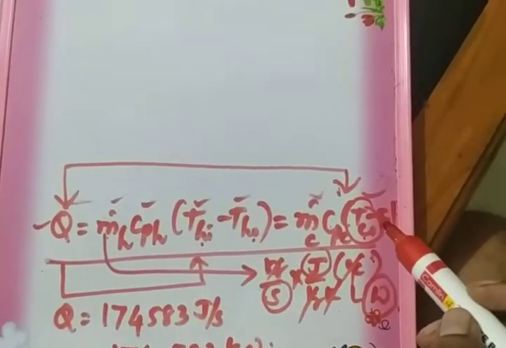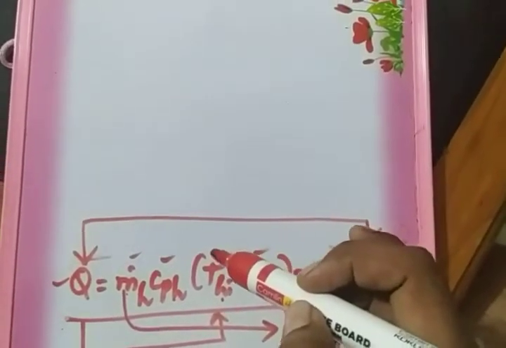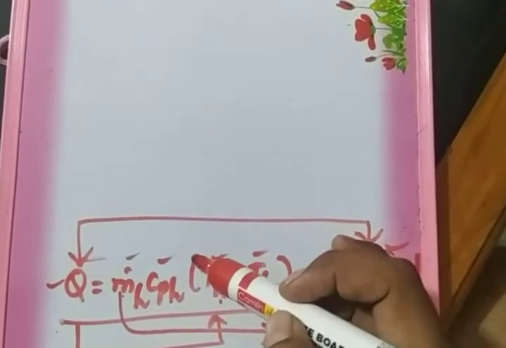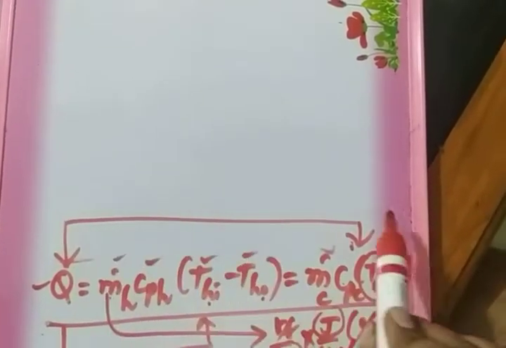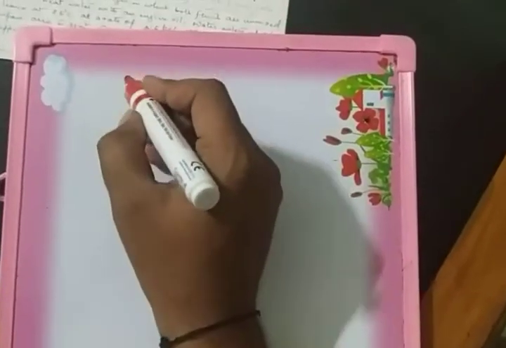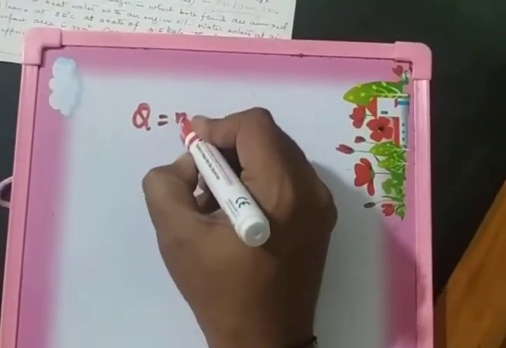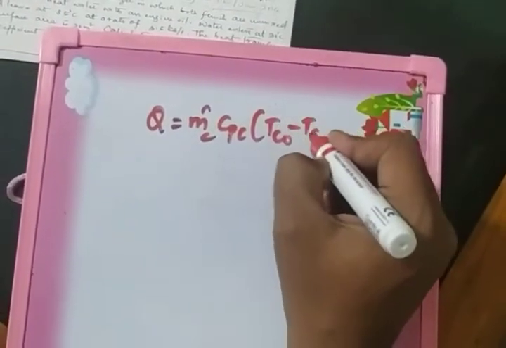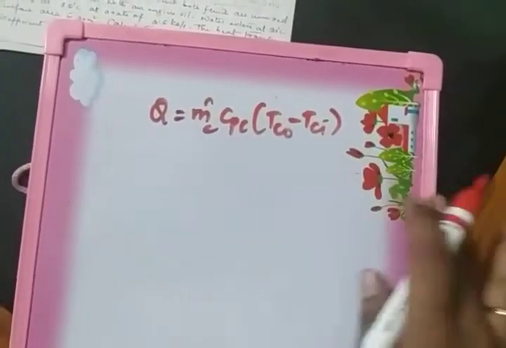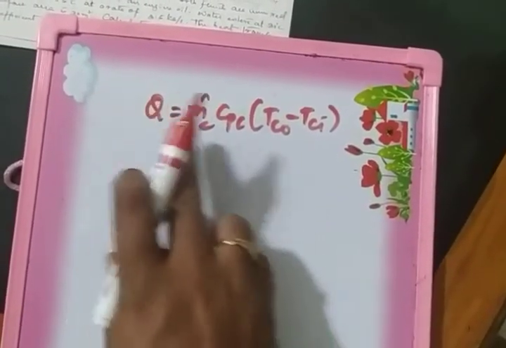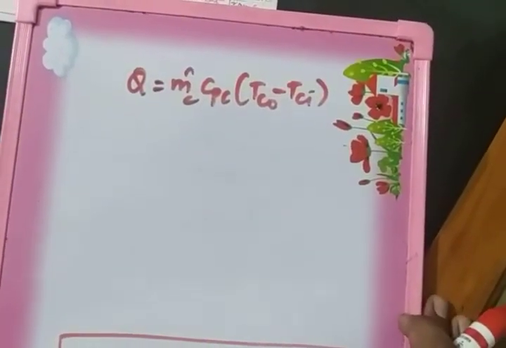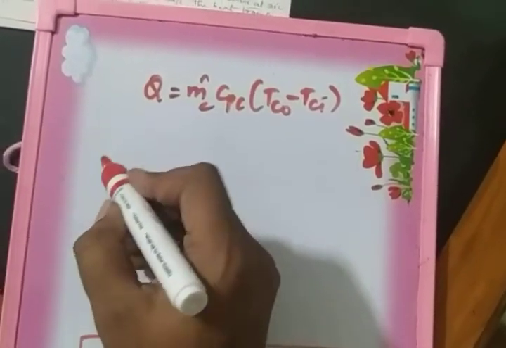If you remember, in the data given, three temperatures are given for the two fluids: THI, THO, TCI. So TCO is not given. In order to calculate that, I am considering the other expression. I'll write it again. Q is given by m dot C, CPC, TCO minus TCI. This expression represents the amount of heat gained by the cold water, which was earlier lost by the oil. Now the Q value is already known to you.